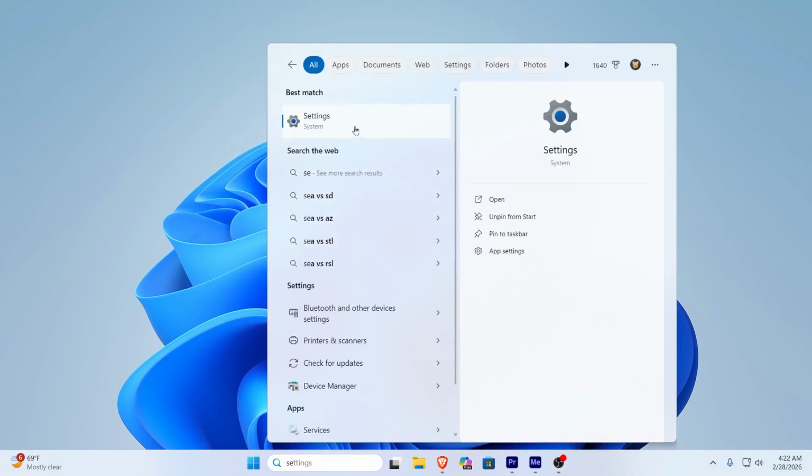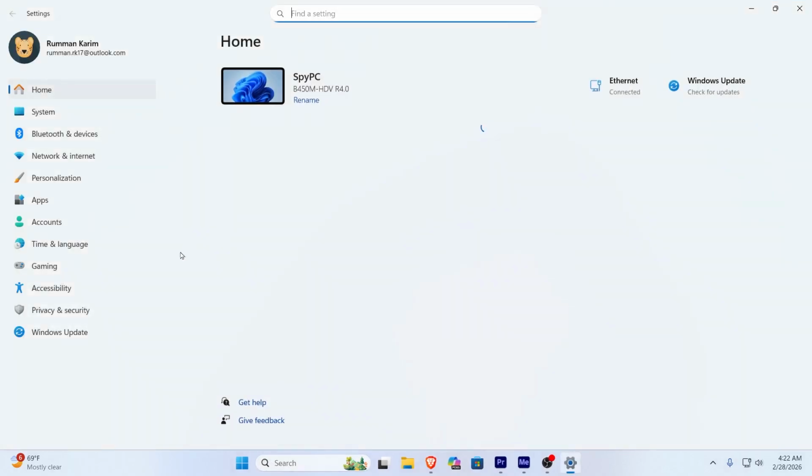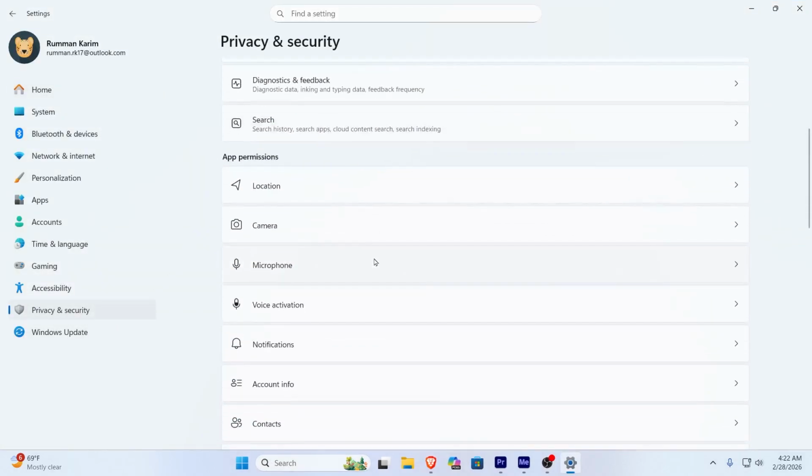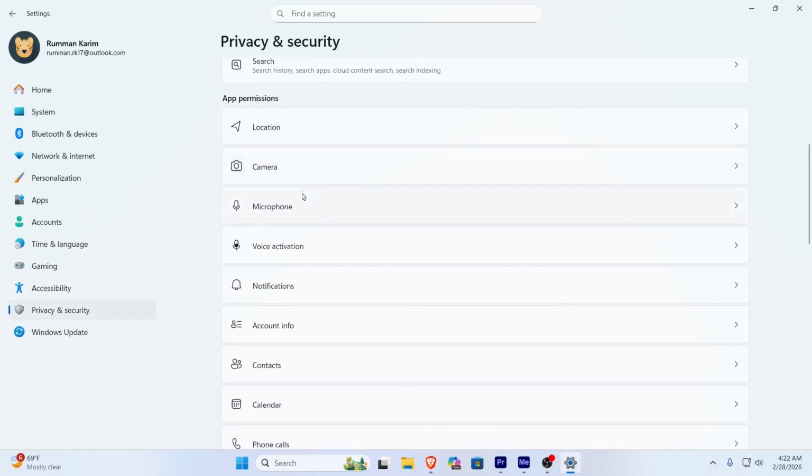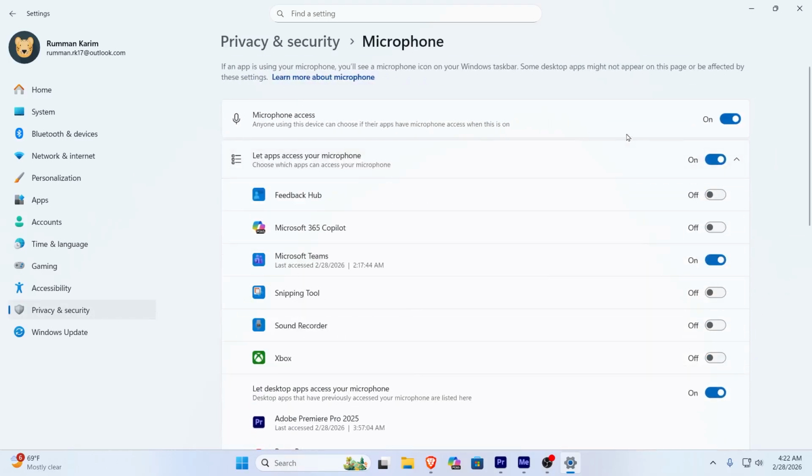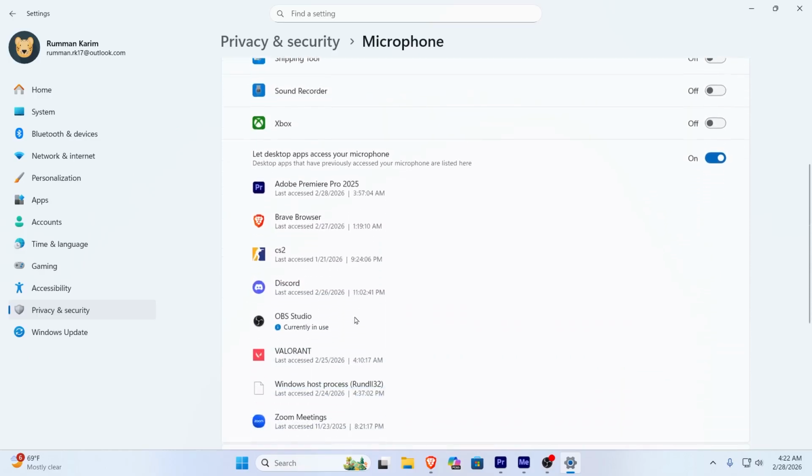Then from the best matches, just open up Settings. Then from the left-hand side, just go to Privacy and Security. From here, scroll down a bit. Under App Permission, just go to Microphone. And here, make sure the microphone access is turned on, as well as the softwares that you are trying to